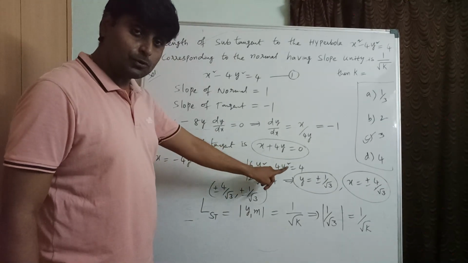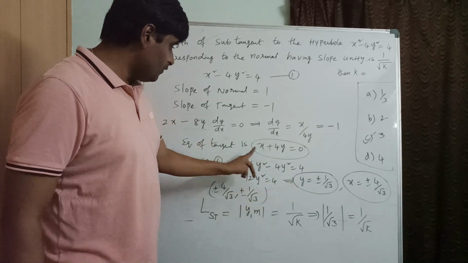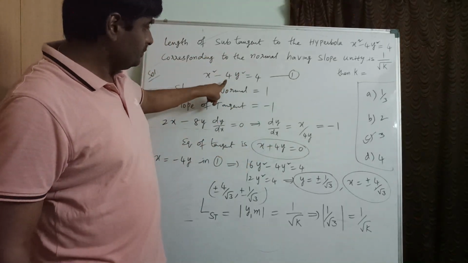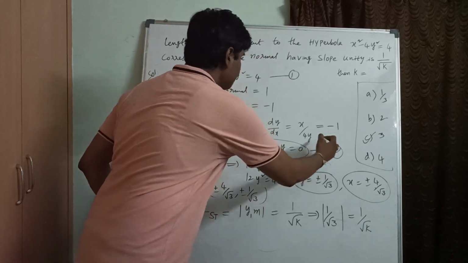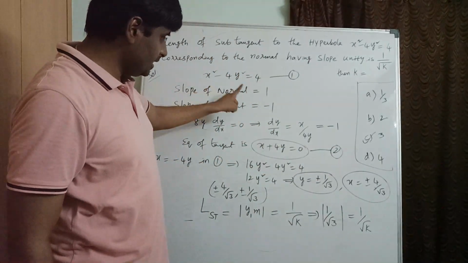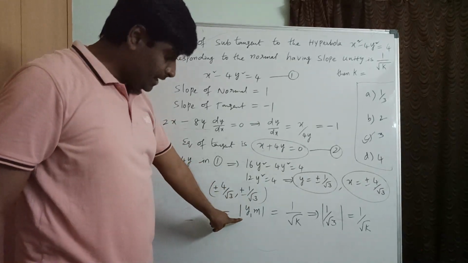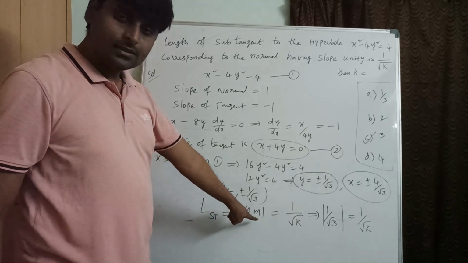First you must know how to find the point of contact. Point of contact is important. Once you get the tangent, the tangent touches the curve. So by using the tangent equation, can I find the point of contact? Yes. So this is the point of contact. After substituting the point of contact in the length of subtangent, we'll get